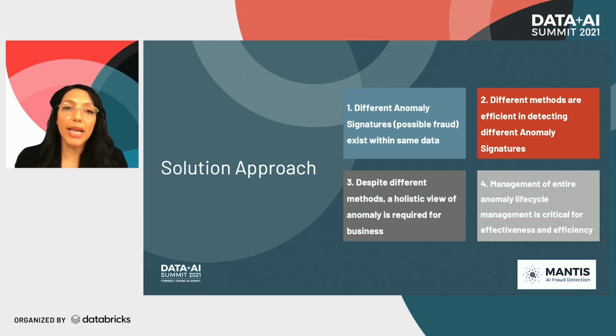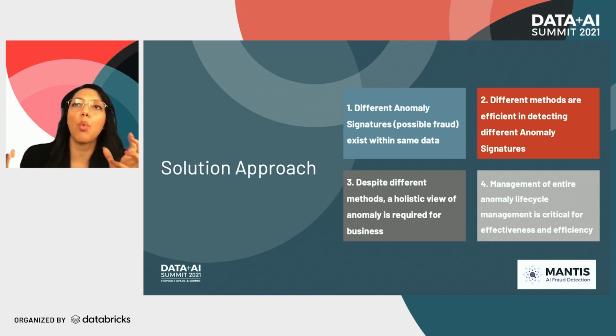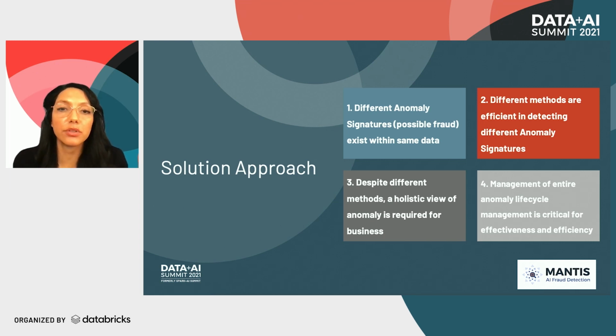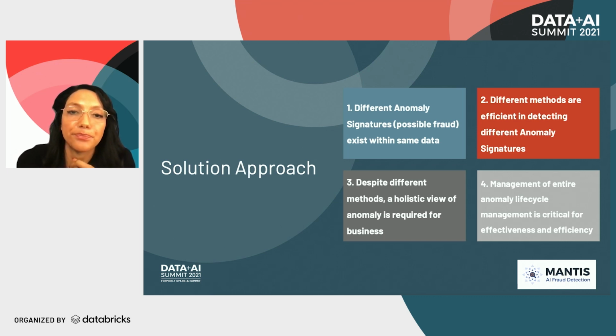Furthermore, we want to have a holistic business view, and rather than just looking at one anomaly signature or one machine learning model at a time, we want to combine it all together. So why pick just one machine learning model or one anomaly signature when you can go after them all? The challenge is, of course, going to be when you try to deal with aggregating that into a meaningful score to enable that decision support. But this is actually where we have some patented aggregation framework, and we'll talk more about this in a bit.